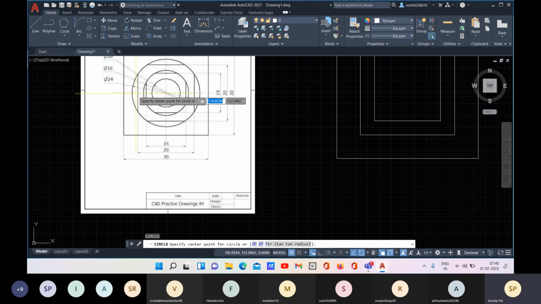So from the left it is 5 and from the right it is 5. Then I'm getting the length of this rectangle 20. Am I correct? Hello, please respond. Am I correct?